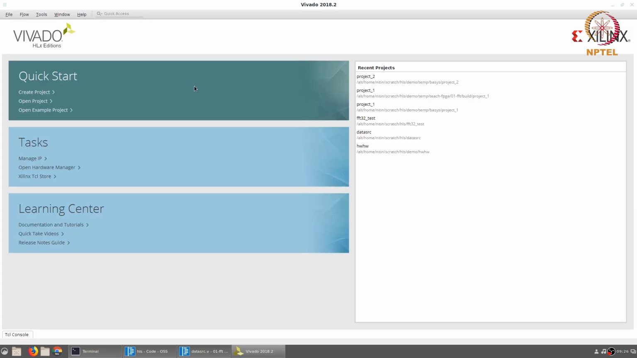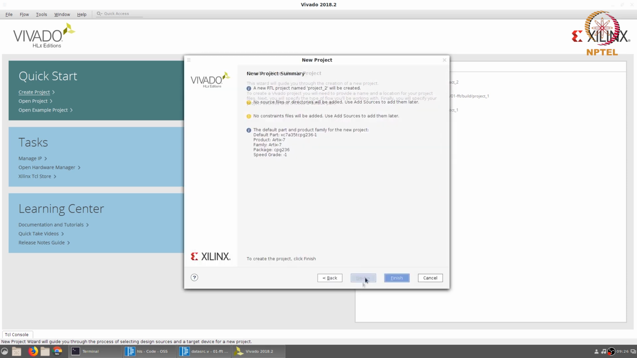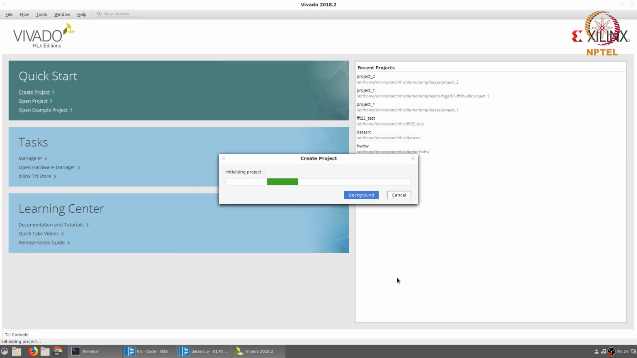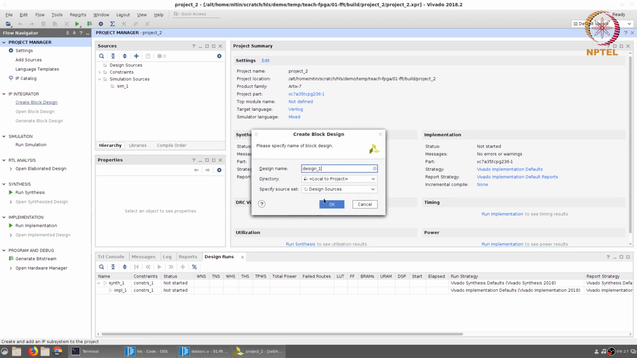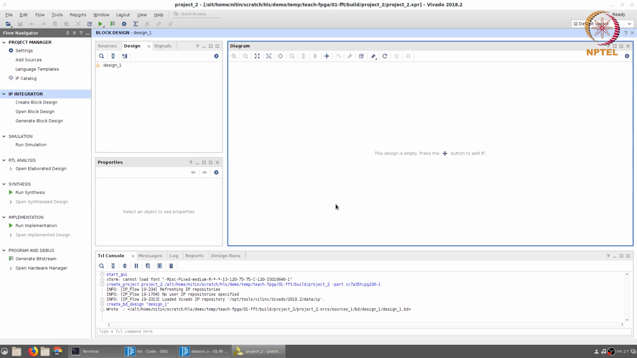We can start up Vivado and create a project just like we did in the case of the ILA and VIO demonstration. We will use the same target hardware. We are going to begin by creating a block design. Now we want to add the FFT IP into this design. To do that, first we have to go to settings,